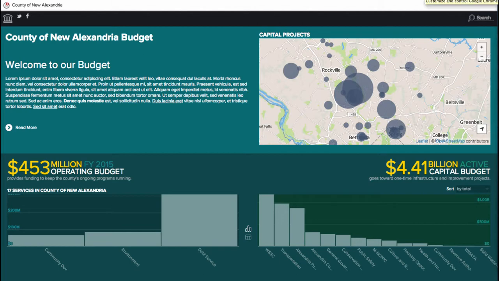Today, we're going to be taking a look at Socrata Open Budget by delving into the finances of the lovely fictional city of New Alexandria. Open Budget provides an intuitive yet highly detailed way for users to explore the operating and capital budget, and along both these axes, really be able to understand more of the context and narrative surrounding the budget, as opposed to